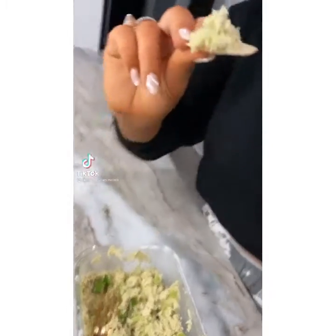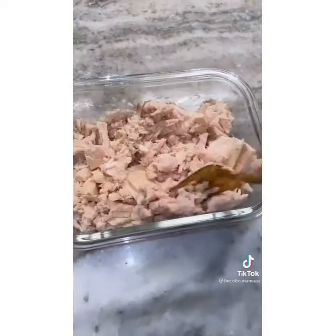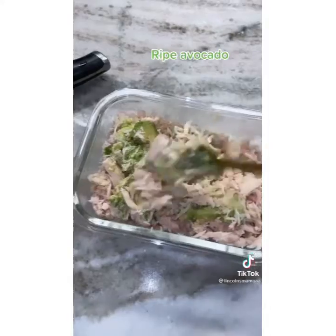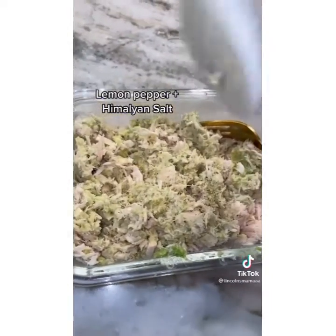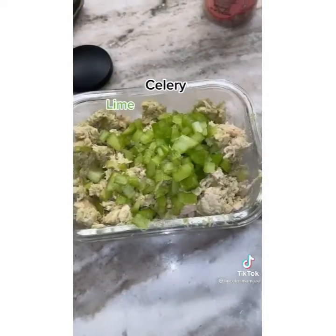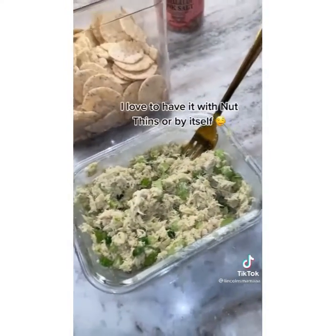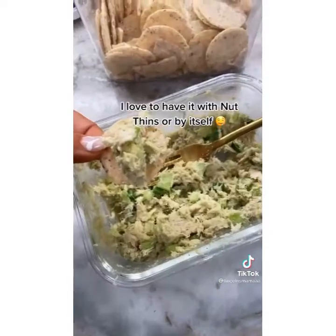So I just finished eating this for dinner. I made it twice this week. I got the recipe from Sammy. It's a healthier tuna recipe and it's so delicious and so easy to make. I used a bigger can of tuna, so I used a whole avocado, mix it all up, then add some lemon, pepper, and salt, add a whole lime, celery. I added chives because why not? Get your favorite crackers and enjoy. I also love it without the crackers, but...